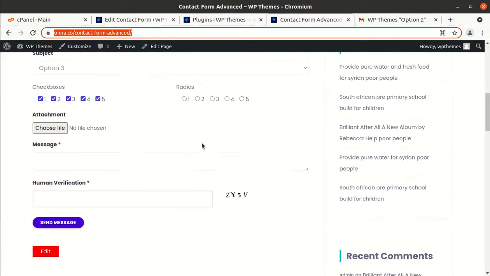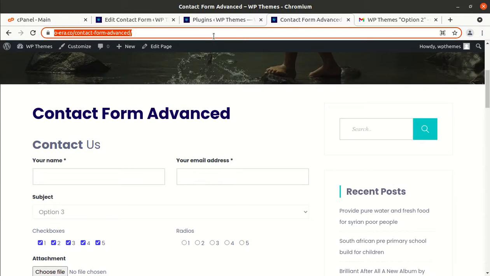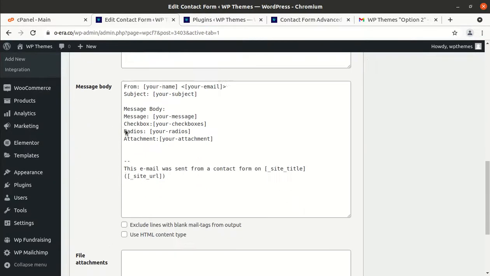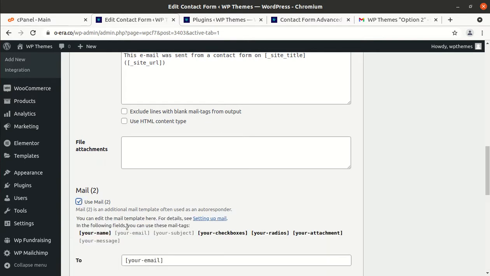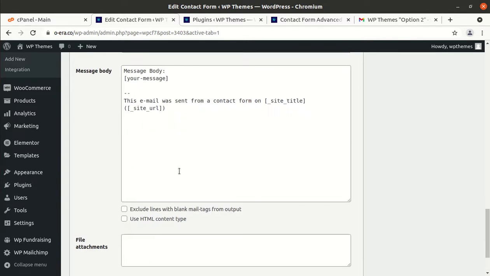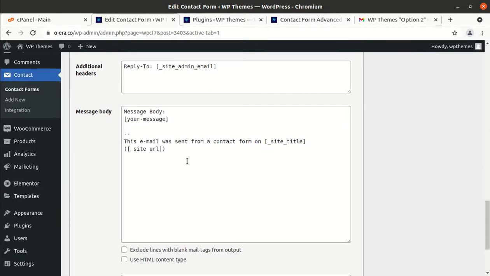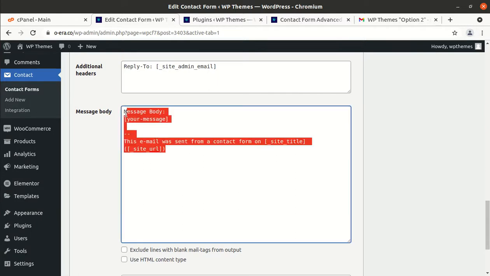Okay, so this is the form, and I am again coming back to the edit contact form option to show you how to edit the default message. And if you want to keep another CC option, you can use the second mail for another person, and that can also be in a different modified format.